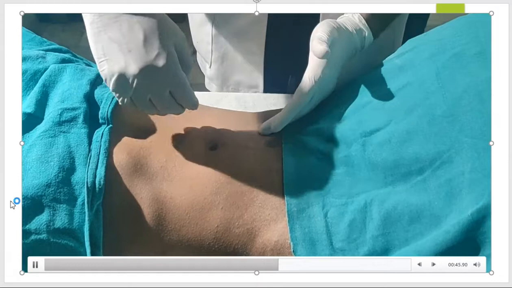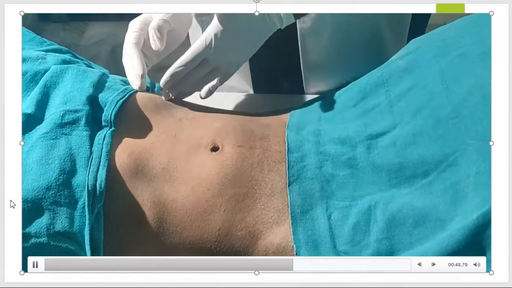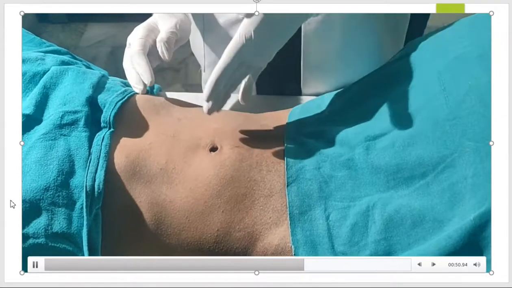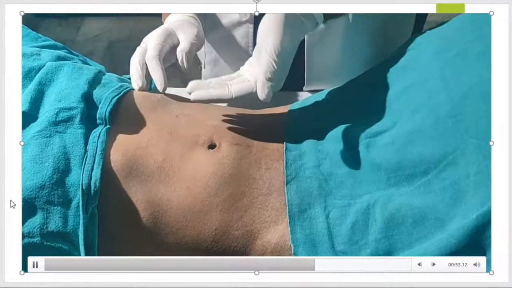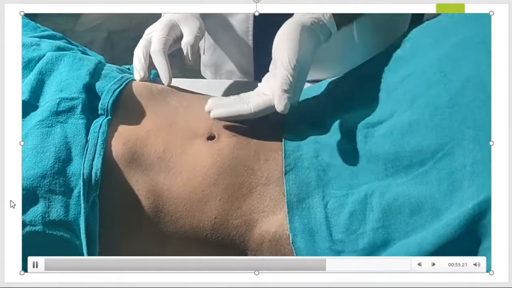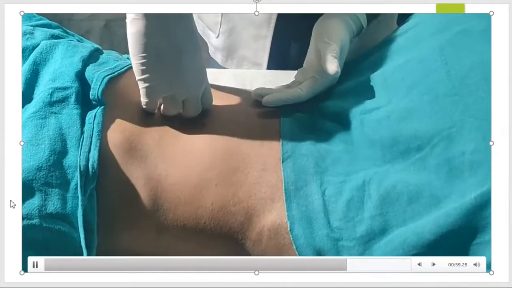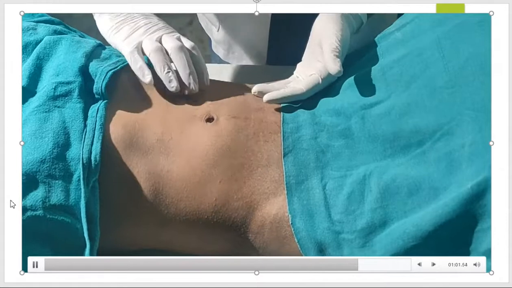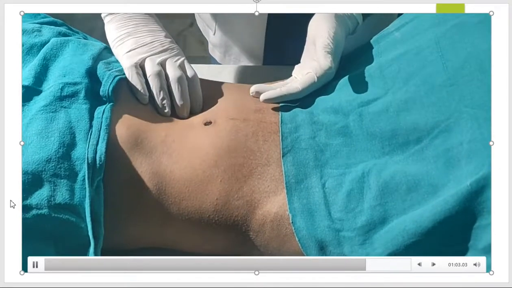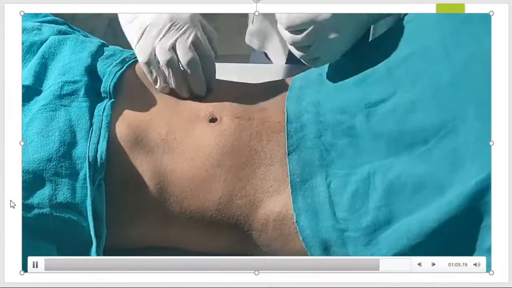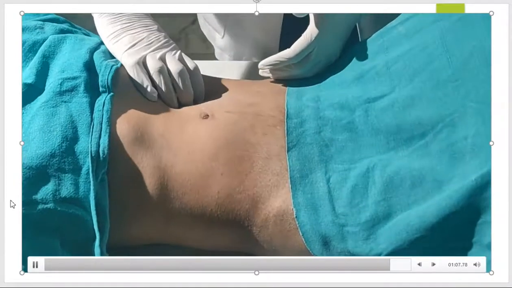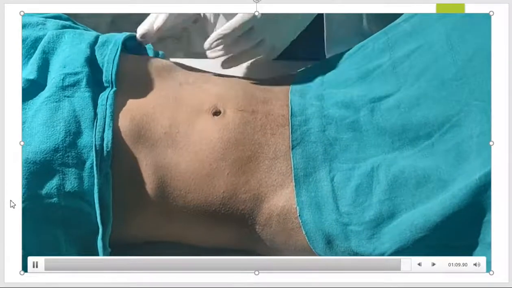Plus, I know there is no space between the left subcostal margin and the mass, and it is not arising from a retroperitoneal organ, hence differentiating it from the kidney. So, the hooking method helps me to palpate the spleen as well. It can be done from the left hand side, and can also be done from the right hand side, but it's easier from the left hand side to feel and differentiate the spleen from a kidney.